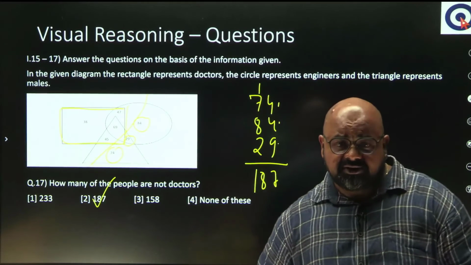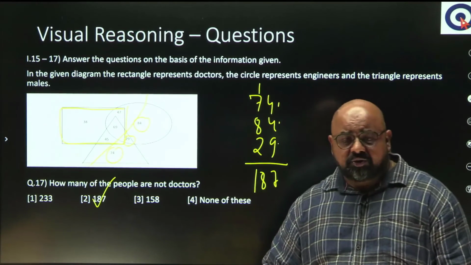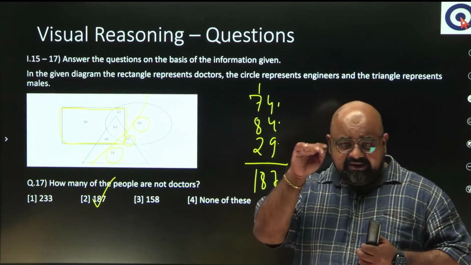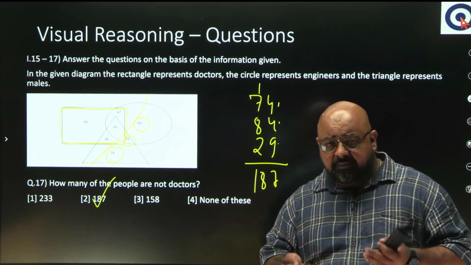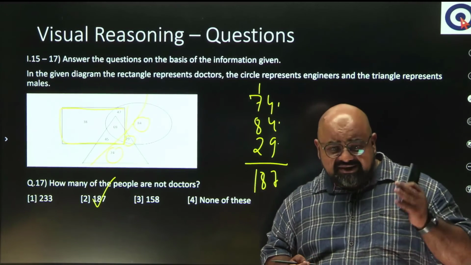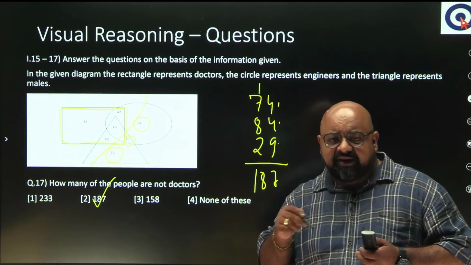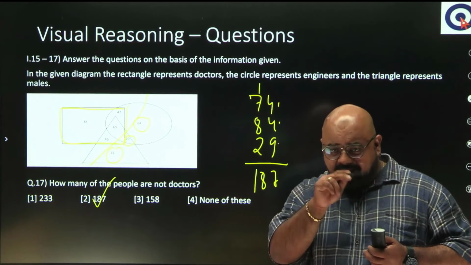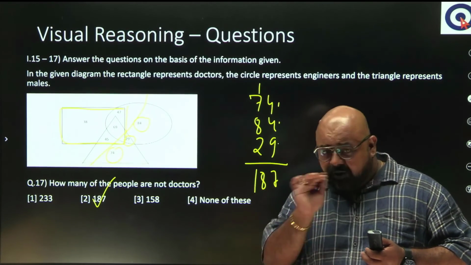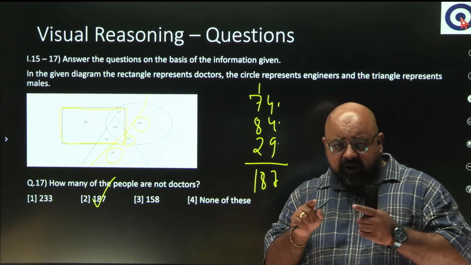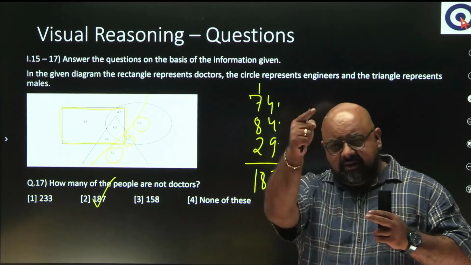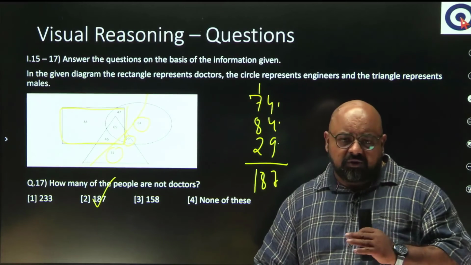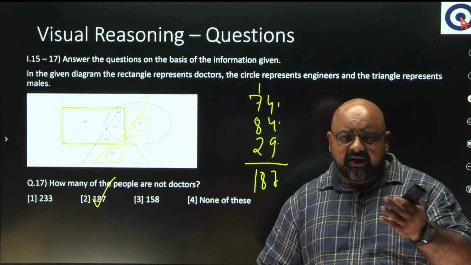If you do come across a question like this, definitely something that should be attempted, because again I am doing it on the screen. I just mark it on the screen. If you are doing it on paper, the rough work, and there are 2 or 3 questions, it may not be a bad idea. Just draw very briefly the diagram on the paper and mark what is the doctor, what is the engineer, what is the male. Don't need to write numbers. According to the question, just see which area you are looking at and plot the numbers for that area from the screen. That is how you will go about the question while you are sitting and giving a mock or